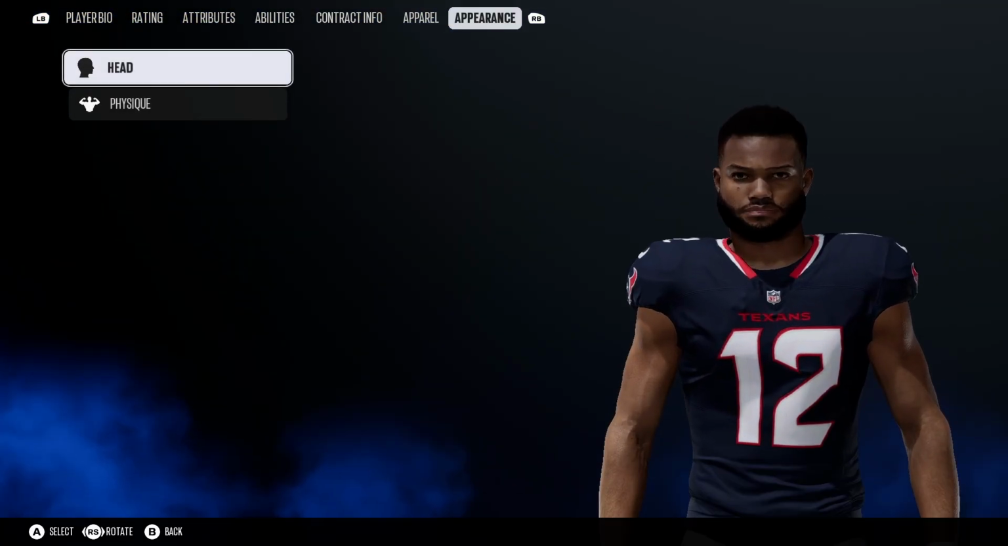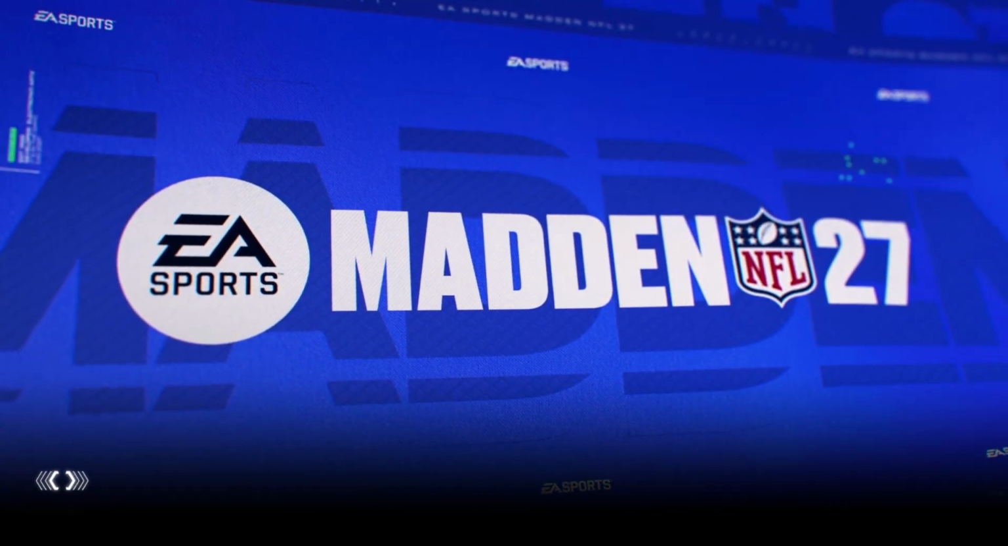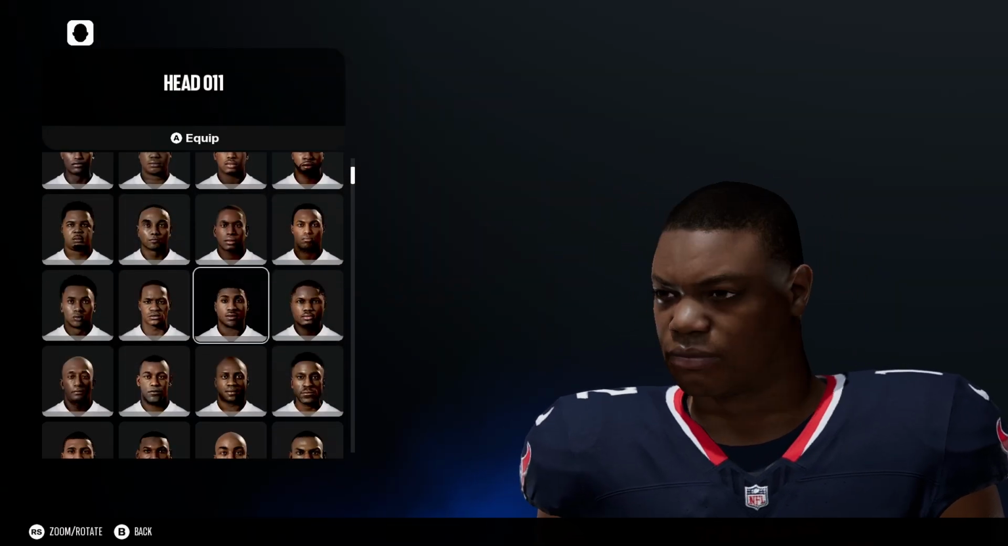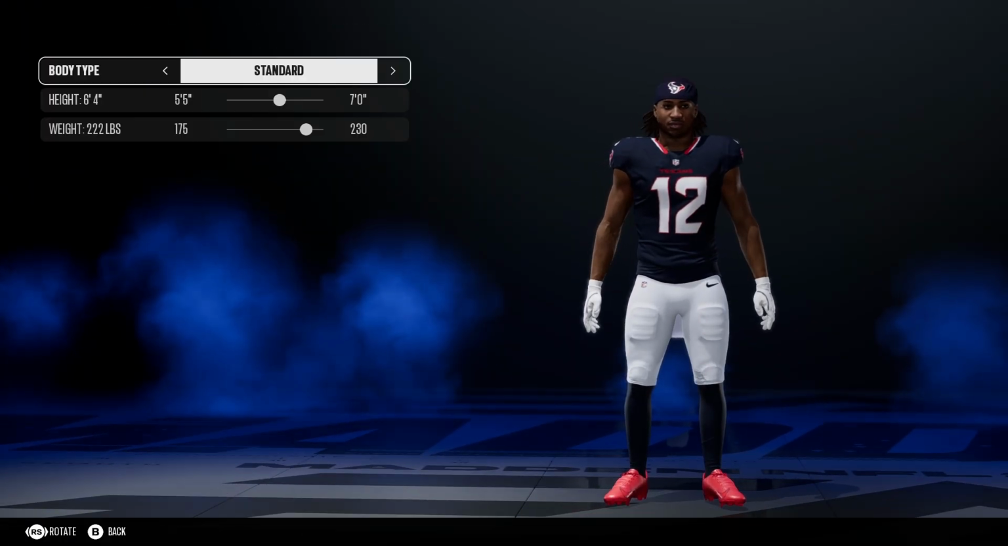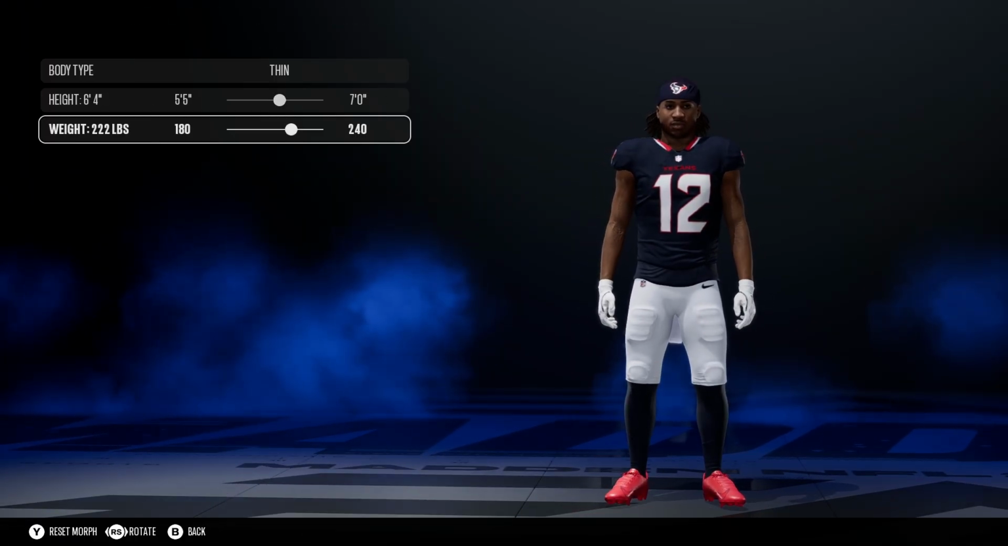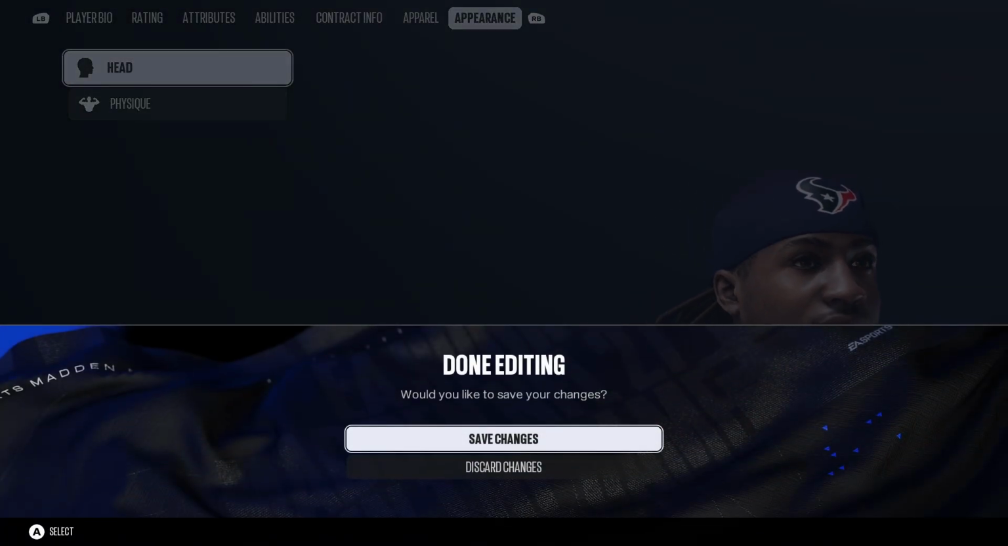Then the last option you have here is appearance. Like, if you want to change the head of this player, you can do that too, like this. Besides that, you can also change physique, like you can change the body type, you can also change the height and weight of the player. Now to save the changes, you just need to hit the back button, select the option